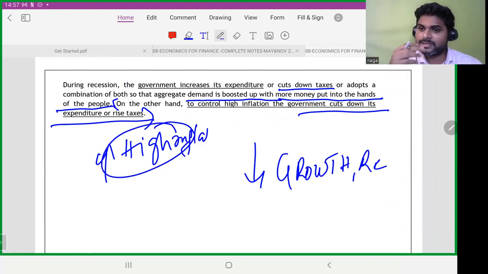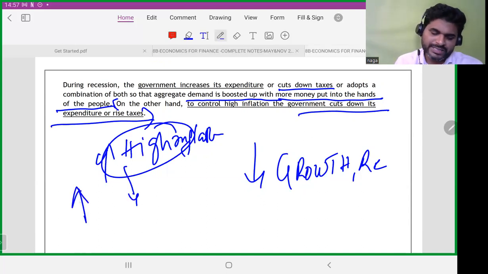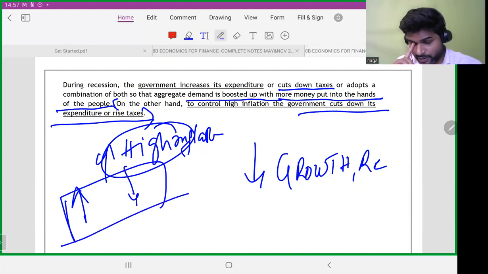When prices are jumping, it means people have a lot of money to buy. So take that money in the form of taxes, collect money from people. In that way, and through monetary policy, increase the interest rates for accessing credit. Through these ways, government can influence the money flow in the economy, and government can stabilize the economy.